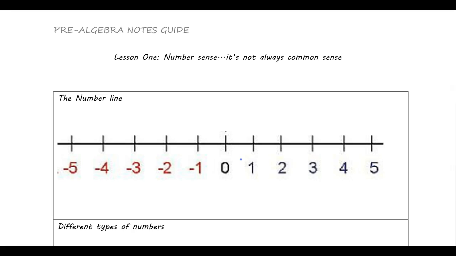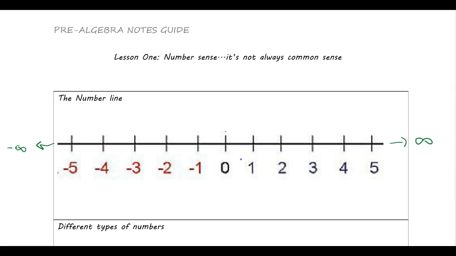So what I want you guys to know is, oops, I messed up. There we go. Okay. What I'm wanting you to know here is that you've got 0, which centers everything on the number line, which is what this is called. I just let mine go from -5 to 5, but this thing keeps going forever, and you probably know how far out it goes. It goes out to a number or an idea that's called infinity, and on the other side it does the same thing, except over here we call that